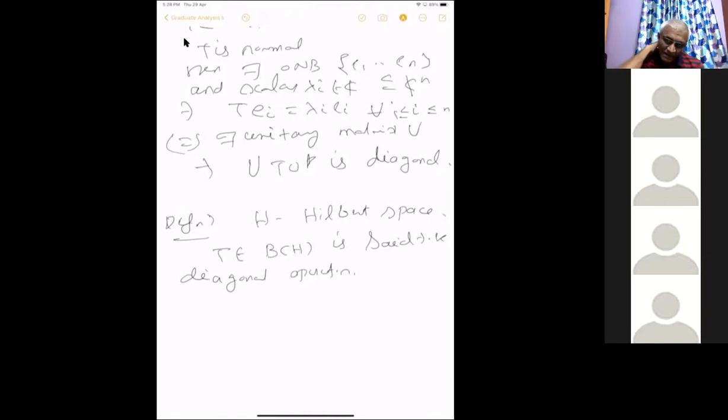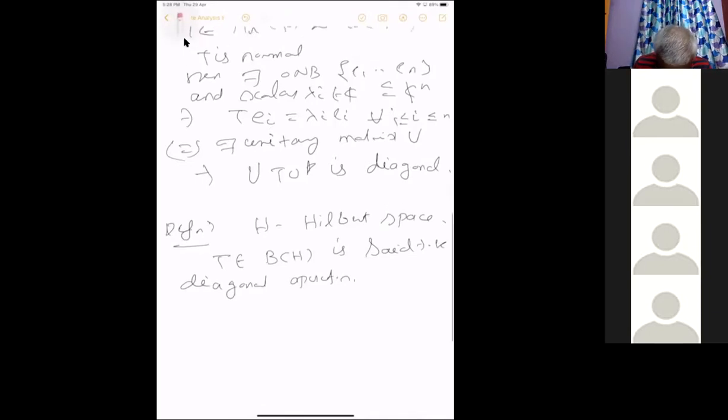I mean, usually it is for a fixed orthonormal basis. When we say a diagonal matrix, it is diagonal with respect to the standard orthonormal basis. But here we are saying any orthonormal basis. If there exists an orthonormal basis e_n, any orthonormal basis,